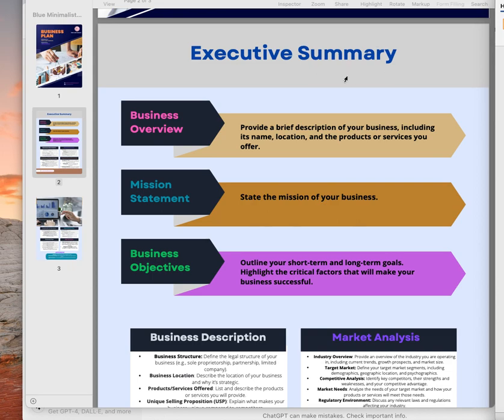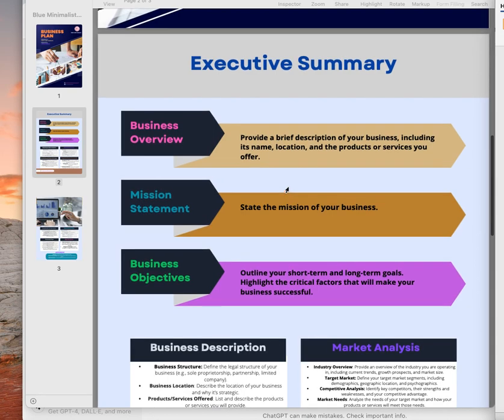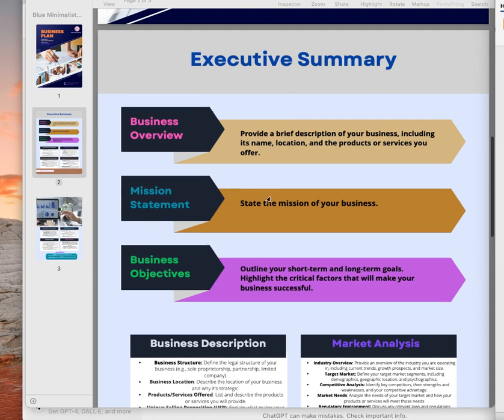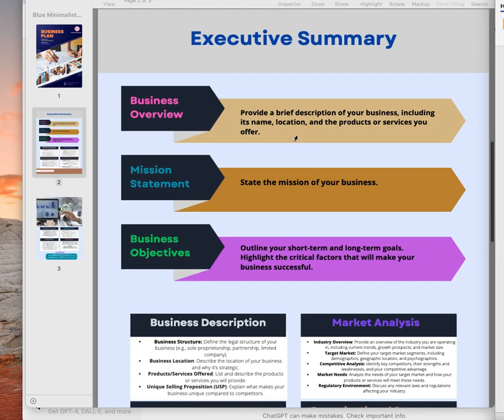So first, I have a template here. So what is a business plan? So it's an overview of your plans. So what is your business about? What is your business mission statement? And different market analysis, then business description, how big, then location, etc. I will go through all the steps soon. So for this example, I'm using my own templates. So I start with